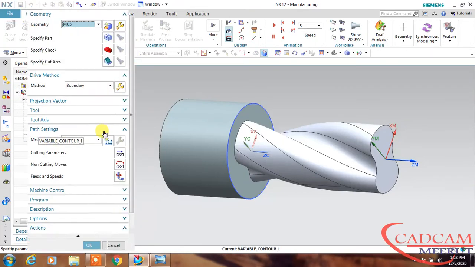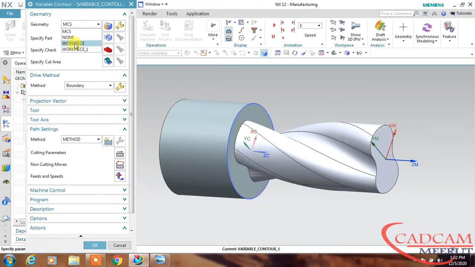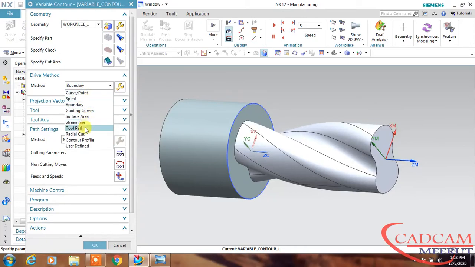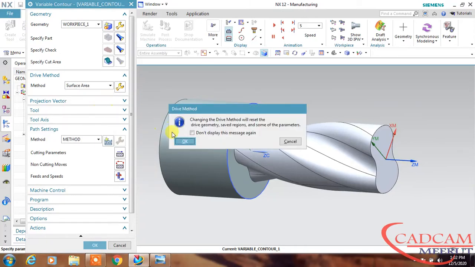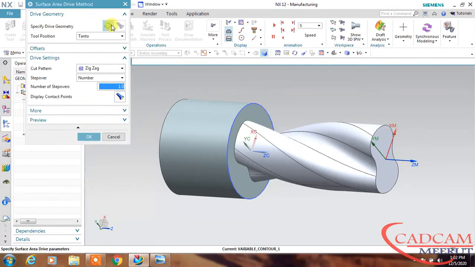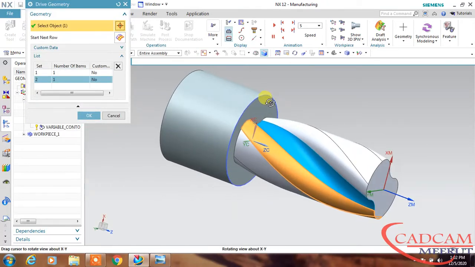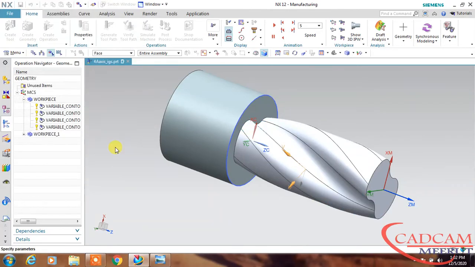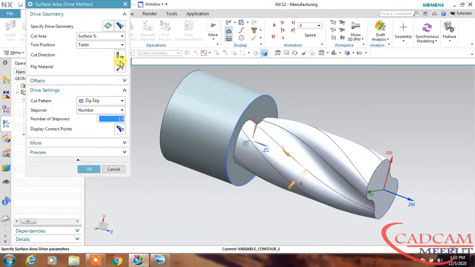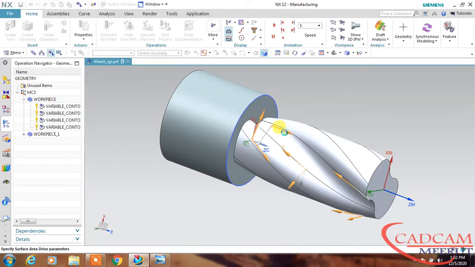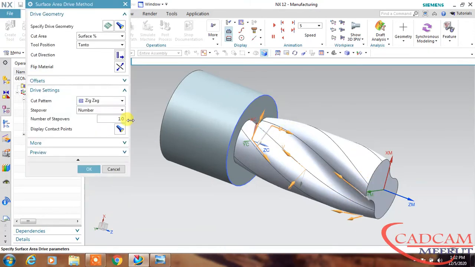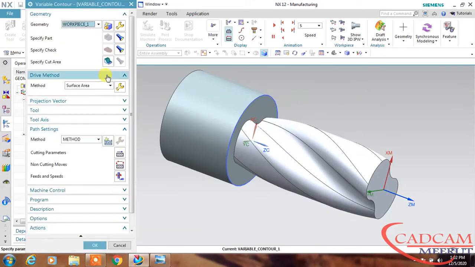Double click over this and change this to workpiece 1, and change the method to surface area, and select the area which you want to cut and for which we want to create the toolpath. Cut direction is along this axis, and material is okay, and zigzag toolpath and the rest is okay.